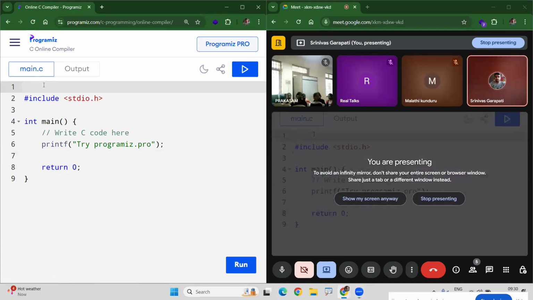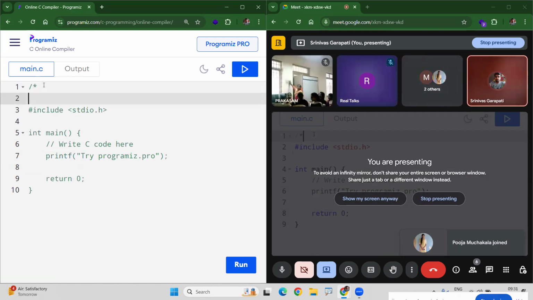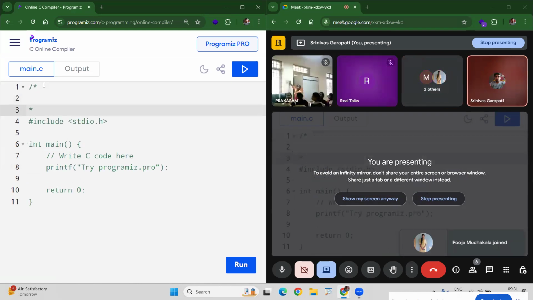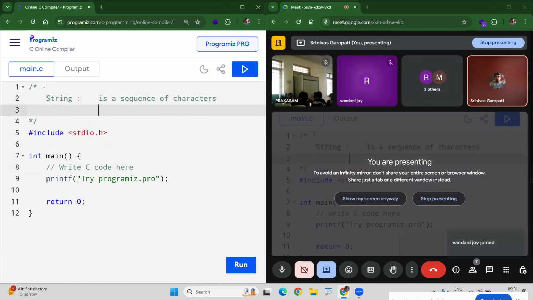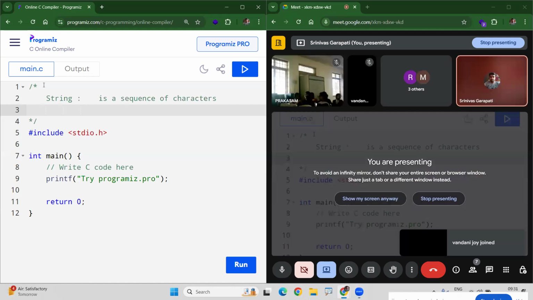Today's concept is strings. First of all, let me explain a few points about strings. So what is a string? A string is a sequence of characters. Characters means alphabets, digits, and symbols, anything. Here a string is represented